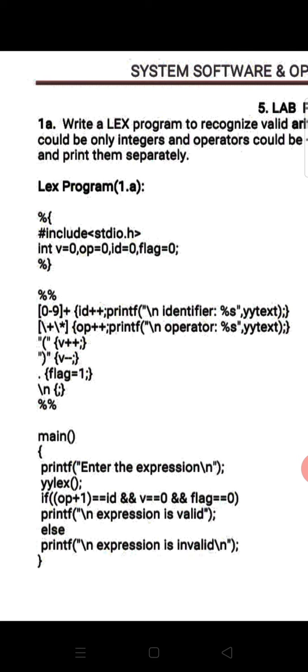to execute. Here, id is used to represent an identifier; id is incremented by 1 and the corresponding identifier is printed. And here you see the yytext variable, which is used by lex. This yytext variable always contains the currently matched pattern. The currently matched string is stored in the variable yytext. This is with respect to the first pattern, and next you see the second pattern, that is a character class